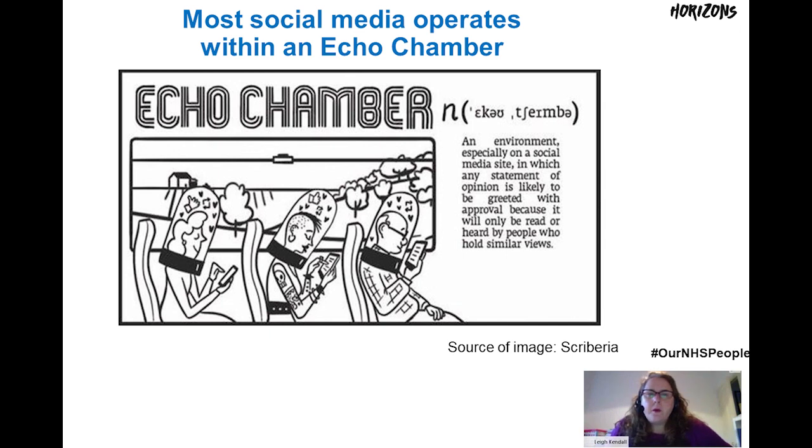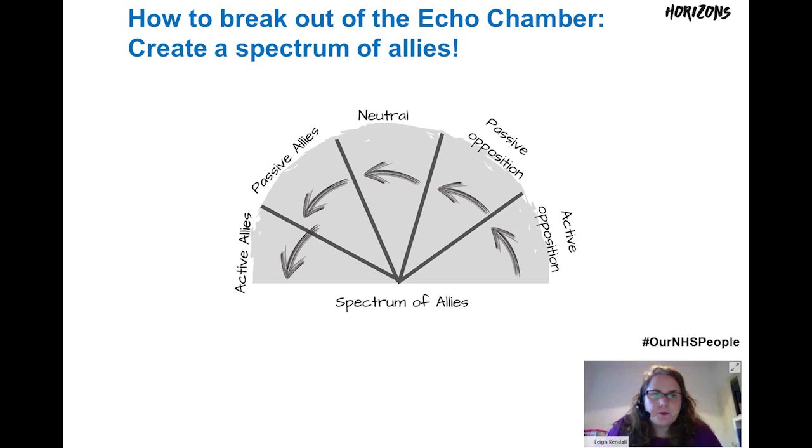And so that creates unhelpful binaries and a them and us mentality, and you get upset between different people, and it's not very helpful for getting things done. So the way to break out of an echo chamber is to create a spectrum of allies. That means finding people who might not agree with you. It can be against our human nature because, of course, our human nature is to find people like us, find people who agree with us. But if we're wanting to make a difference in the world, we need to sometimes have our opinions challenged in a positive way.